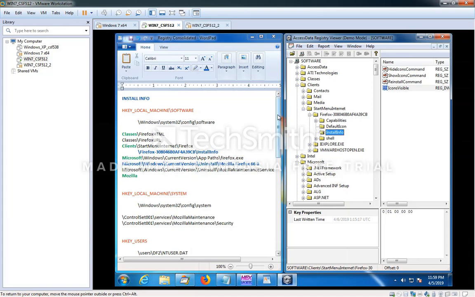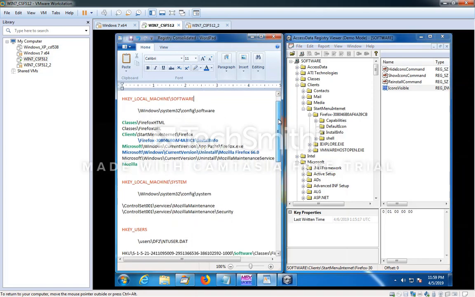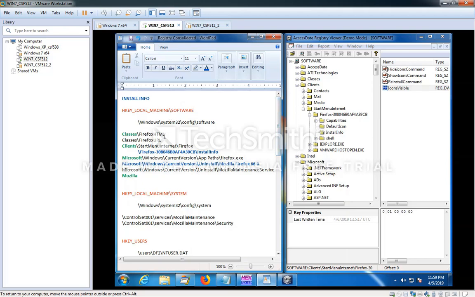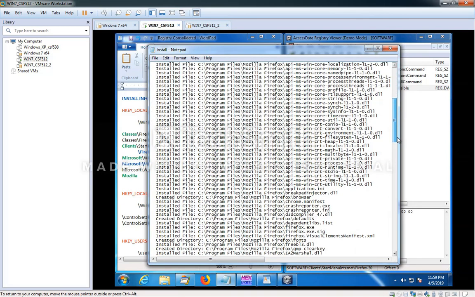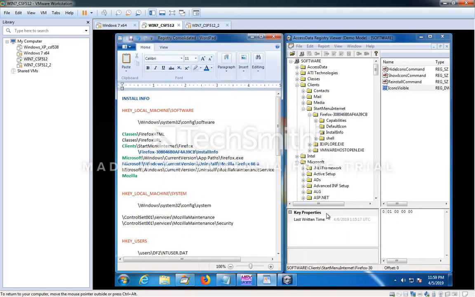Starting with the software hive, I have consolidated the main locations where registry items have been added to the registry, not only from the install.log file, which only includes our software hive, but from the images acquired by RegShot. So the software hive is a good place to see our verified timestamp installation info. As you can see here, we have install info